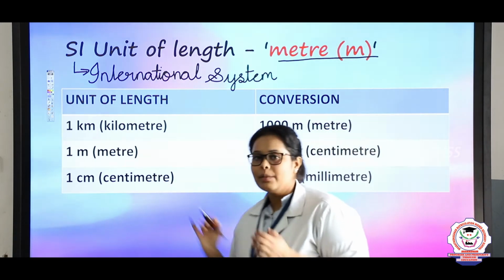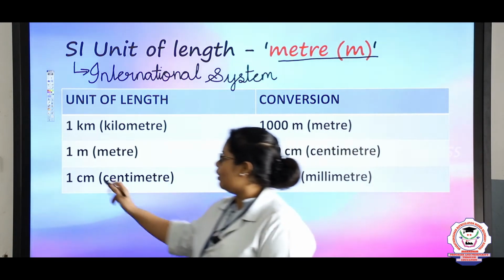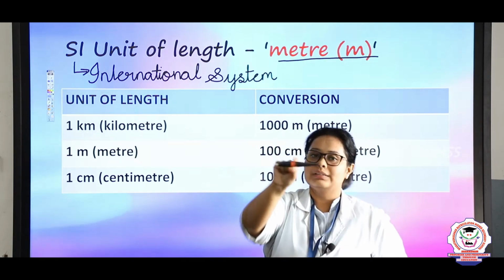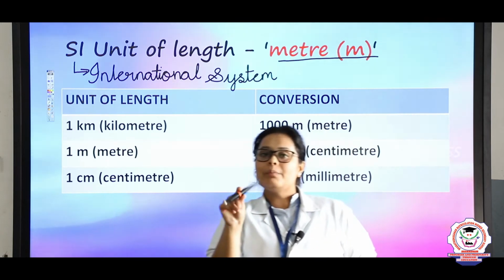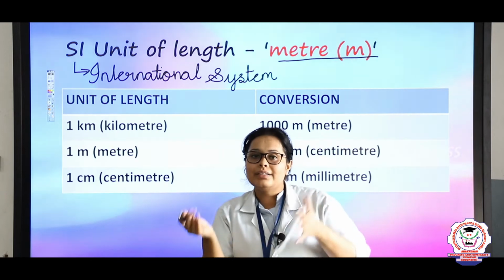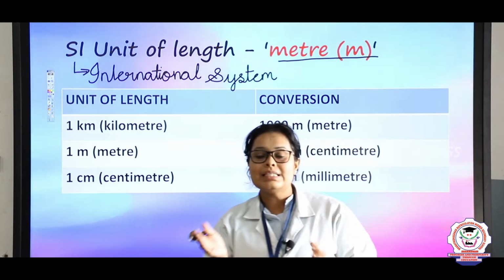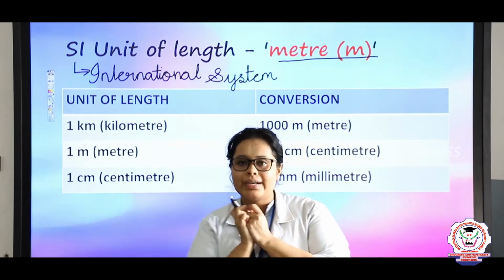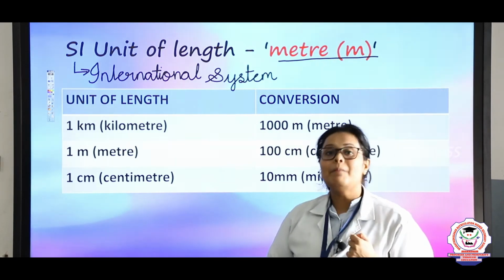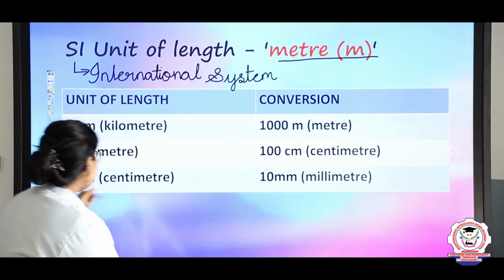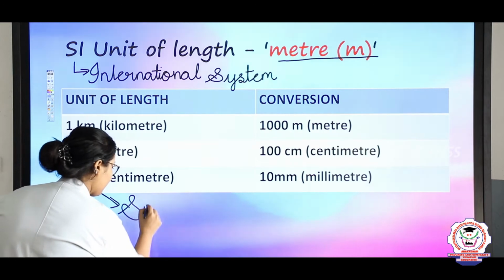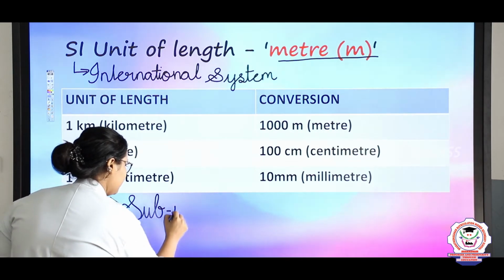So here we are seeing the meter conversion. First of all, this meter is the SI unit. For example, I want to measure the length of this pen. Can I measure this in meters? No, right? So for that I need a submultiple. Submultiple is required to measure smaller items, such as this pen or a small matchbox. The submultiple we have taken is centimeter. So what is the centimeter, children? It is the submultiple.